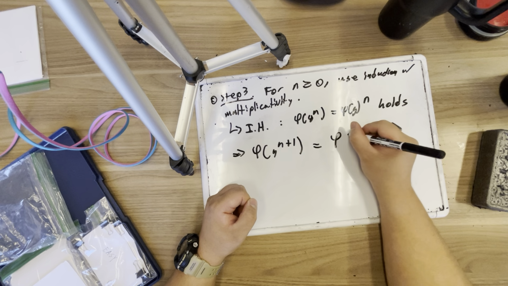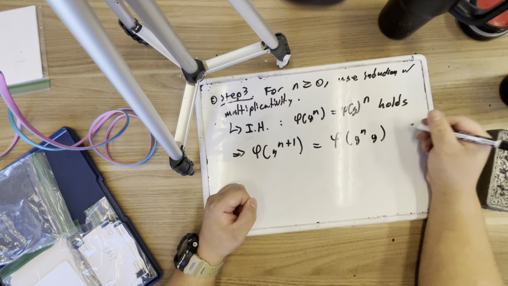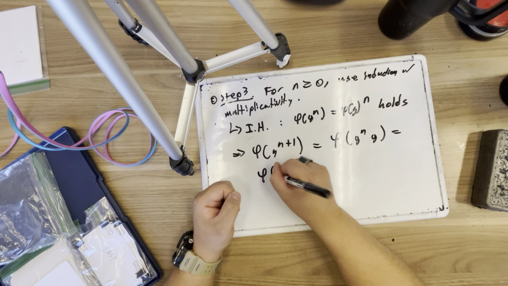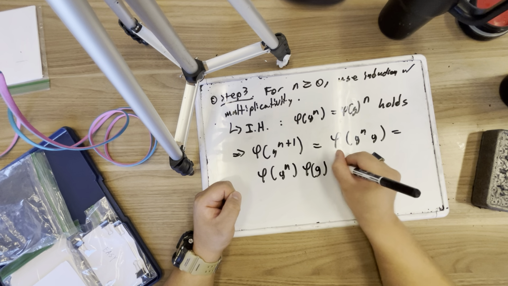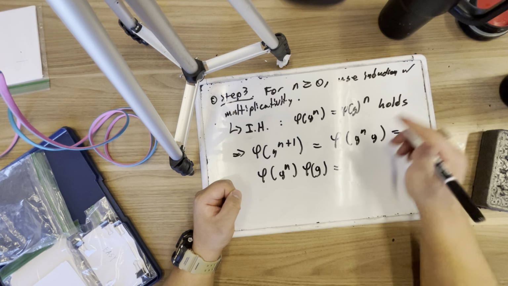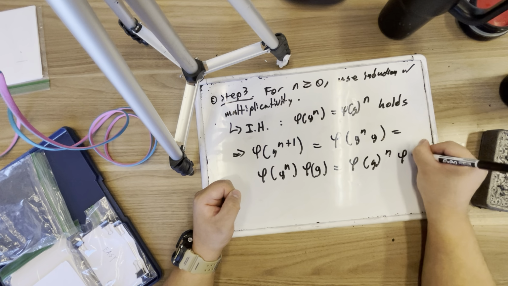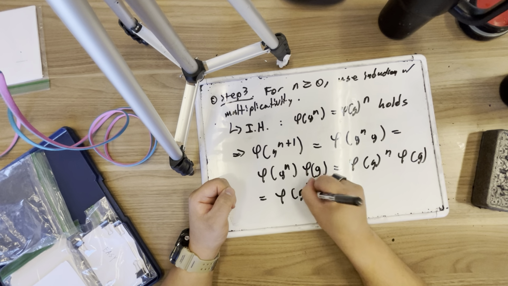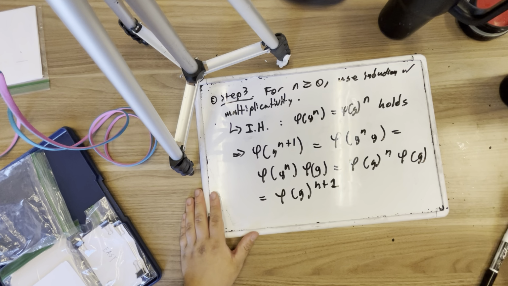That equals phi of g to the n times g, which equals phi of g to the n times phi of g, which equals phi of g to the n plus 1. Right, so